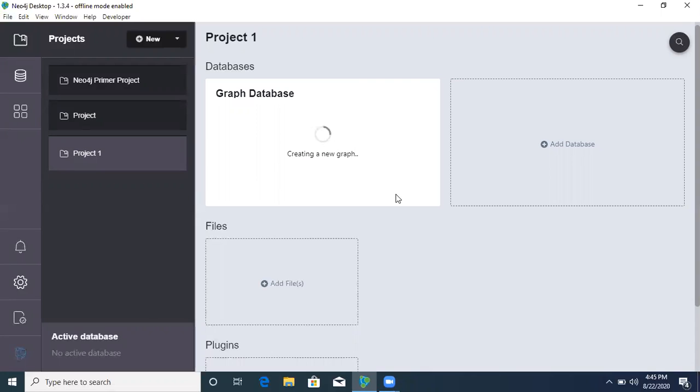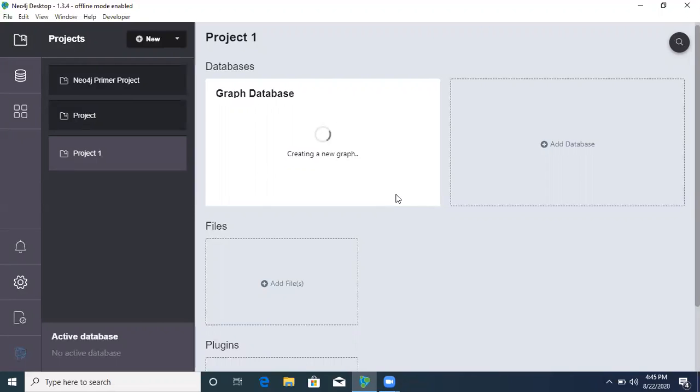Talking about the graph database, a graph contains two things: nodes and the relationships between two nodes. First of all, in this session we'll see how to create a node, how to view a node, how to create multiple nodes, and how to view multiple nodes.